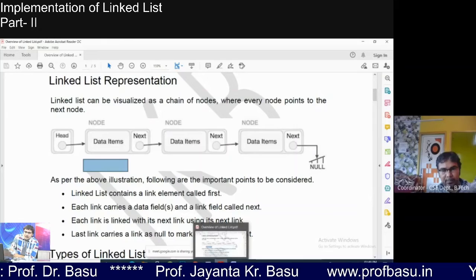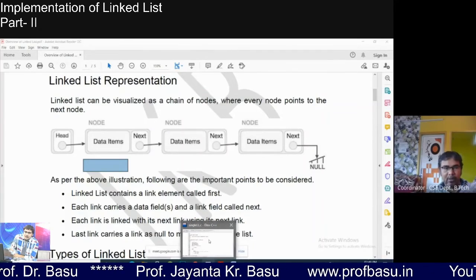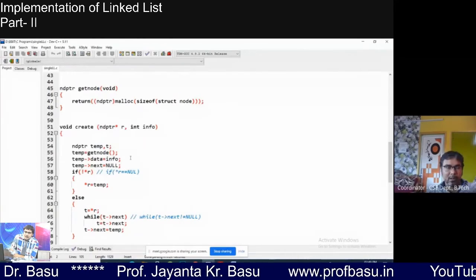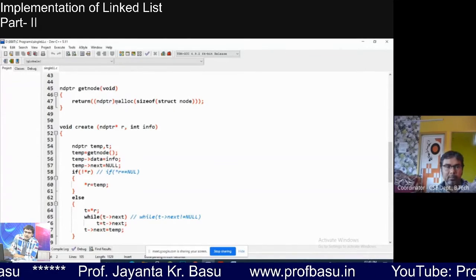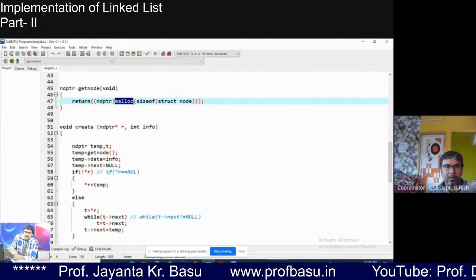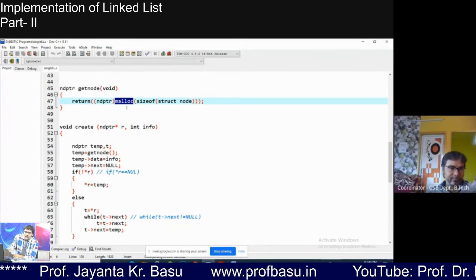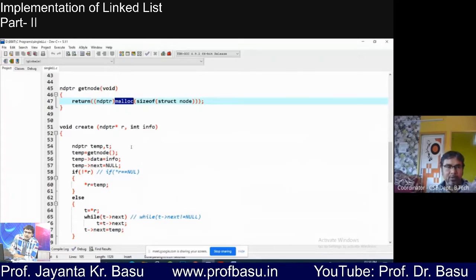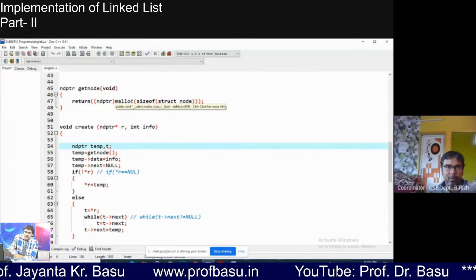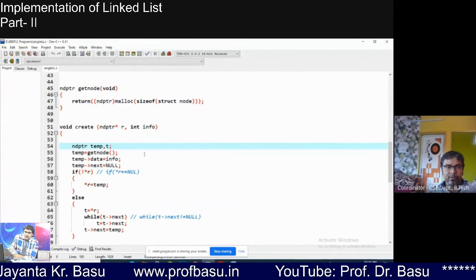What is that? Malloc function. I think you have heard about this function malloc. It allocates memory at runtime. Have you heard the name of the function? Yeah, I have heard. So with the help of malloc function, we are allocating the space in the memory.